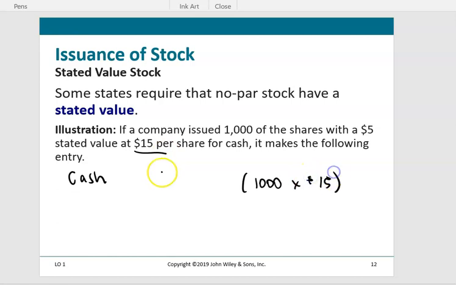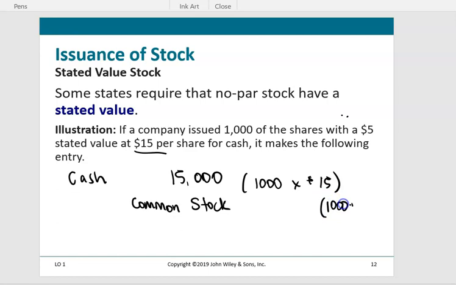$15 market price, so 15,000. Since it does have a stated value, we act very similarly to this being a par value. And so in the common stock account, we record this at stated value rather than par value, which is the $5 stated value times the 1,000 shares. So common stock account increases by 5,000, and then we have additional paid in capital, again on that common stock,